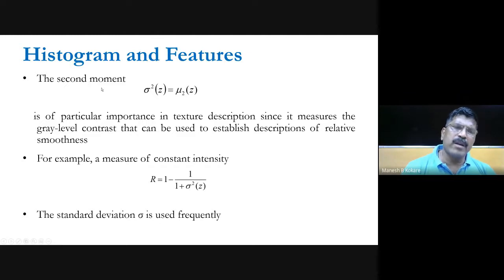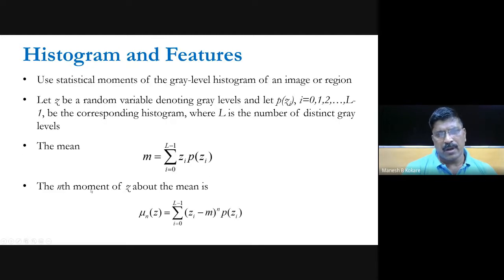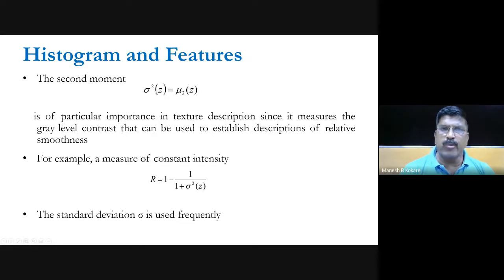Now the second moment is given by this one, that is nothing but the standard deviation, mu 2 of z, which is of particular importance. When you consider n equal to 2, that is the second moment. If you consider n equal to 1, that will result in the mean. In z minus m raised to n, if n is equal to 2, that will result in the second moment,